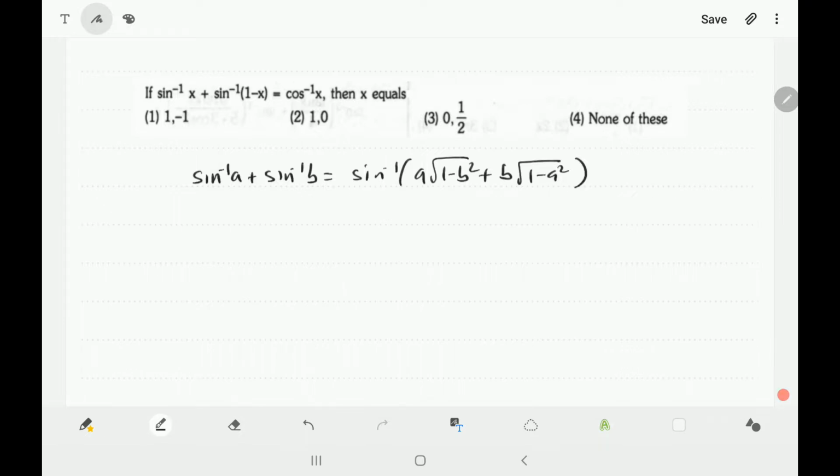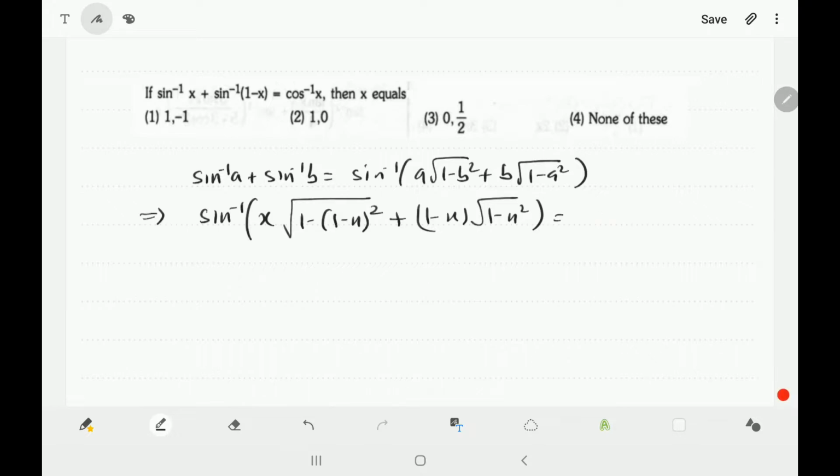Obviously there are conditions on a and b, that a and b are positive and a square plus b square is less than or equal to 1. But when solving inverse trigonometric function equations, you can directly solve the equation using whichever formula is applicable, and once you have the values of x, put them in the parent equation and cross check. If I apply it on the left hand side, we will get sin inverse of x under root of (1 minus x) raised to the power 2 plus (1 minus x) under root of 1 minus x square, and on this side also if we convert using a triangle, you will get sin inverse of under root of 1 minus x square.